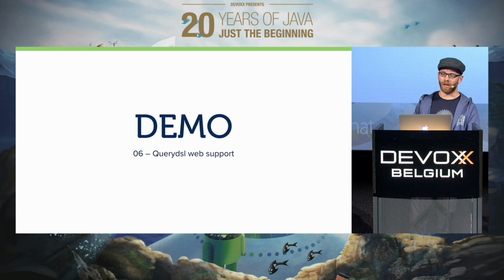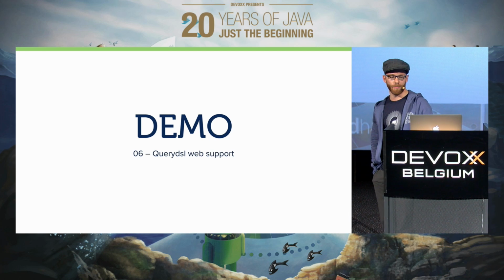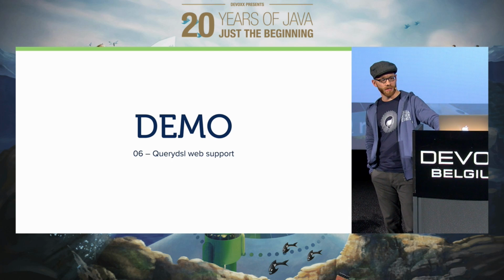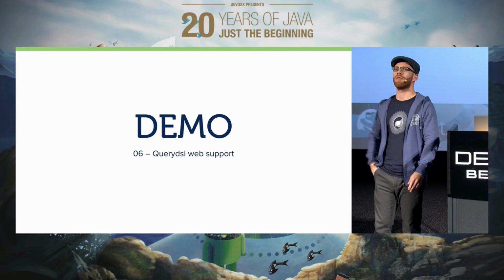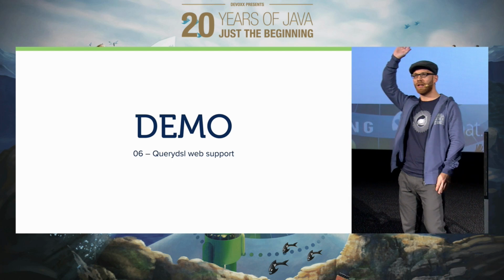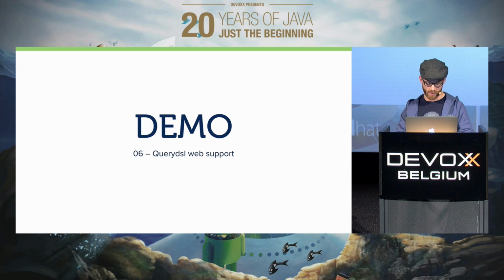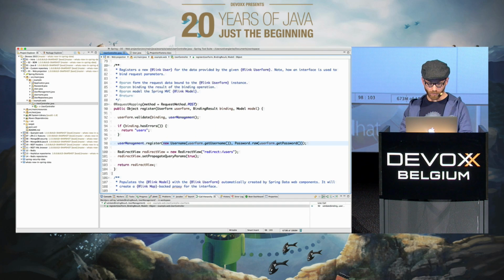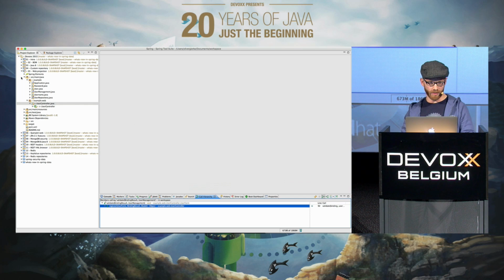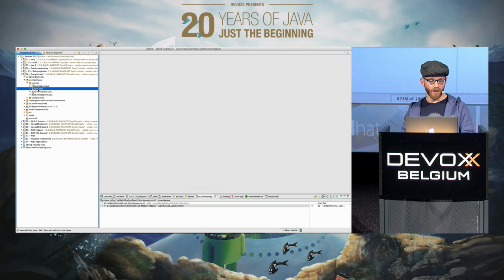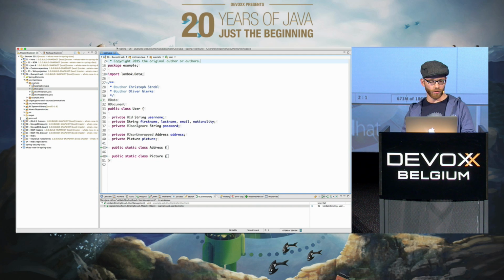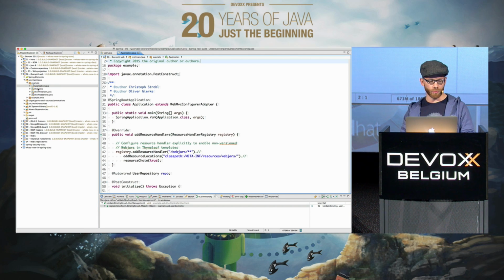That's in here. If we're in the web space, a very recent addition has been the Querydsl web support. Who of you has been exposed to Querydsl before? So who knows what Querydsl is? Oh, that's more than the last time I've been here. That's good. Querydsl is basically an improved version over the Criteria API. It also creates a meta model from your domain classes and allows you to write